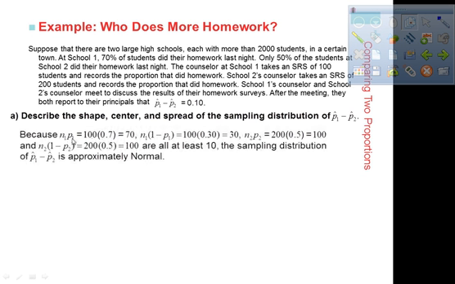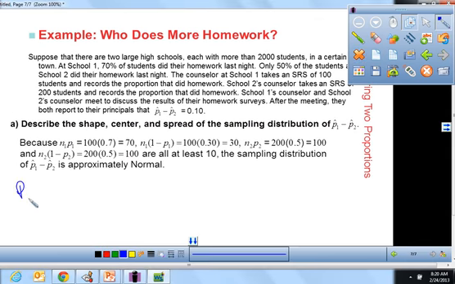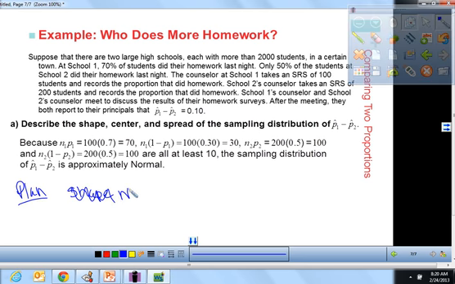All right, so they go ahead and check the 10% rule, which is what they're doing here. And each of them is at least 10. The sampling distribution is approximately normal. On my paper during this section, because you're going to have a plan step, you have to do your shape, where you're checking normality here,